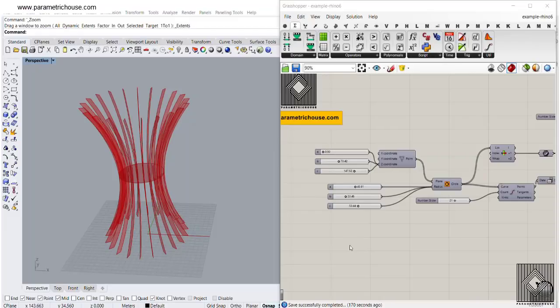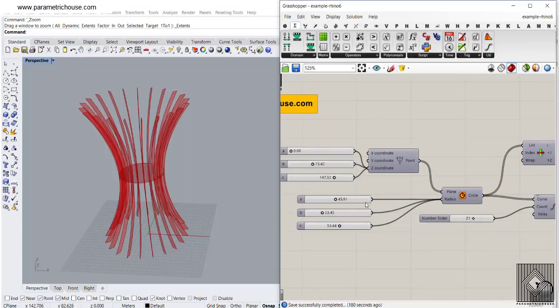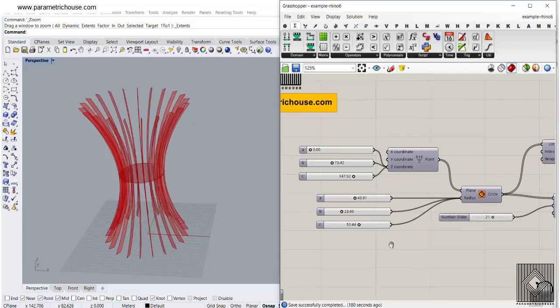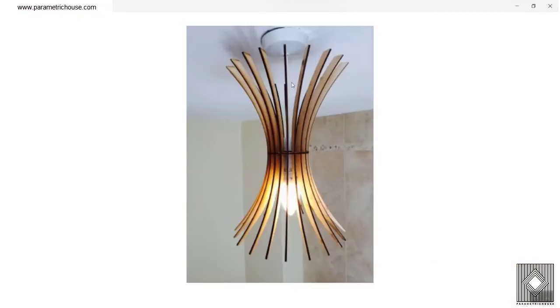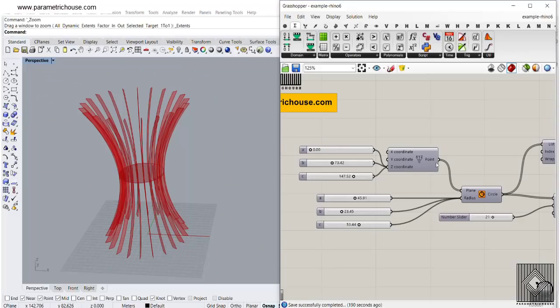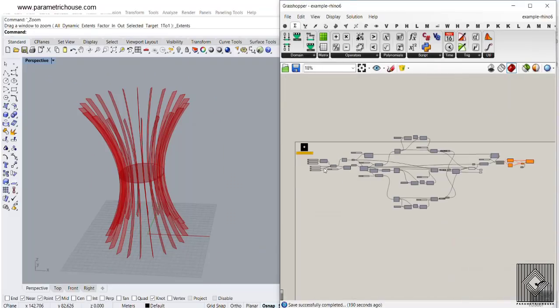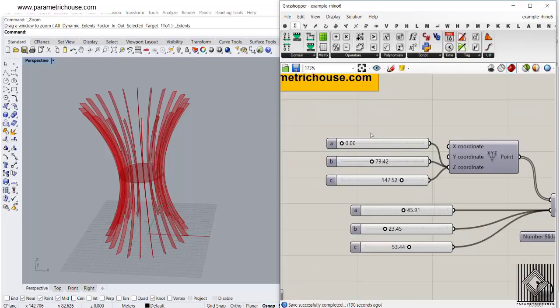In this video, I want to show you how you can use this laser cut pendant lamp, which I have designed here in Grasshopper. Basically, I was just surfing the web, and I found this picture. So I thought that it could be easy to model this in Grasshopper. As you can see, I have made this in Grasshopper, and you can easily change the height of the